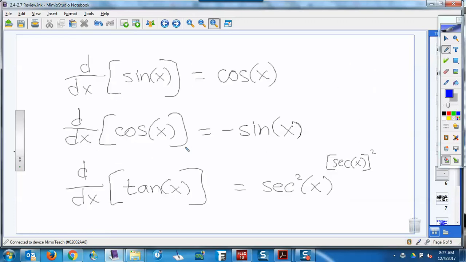And then don't worry about this bottom one. And of course, the derivative of sine is cosine, and the derivative of cosine is negative sine. And secant, derivative of tangent, secant squared, that's not going to show up. So derivative of sine is cosine, derivative of cosine is negative sine. Okay? All right, so